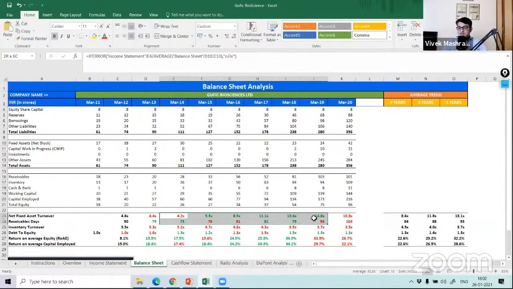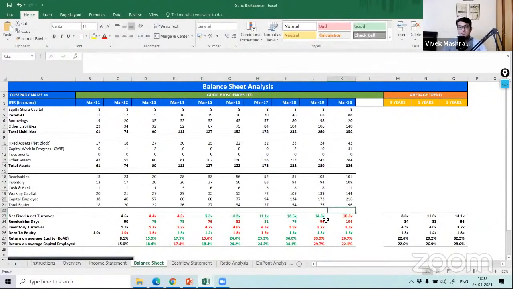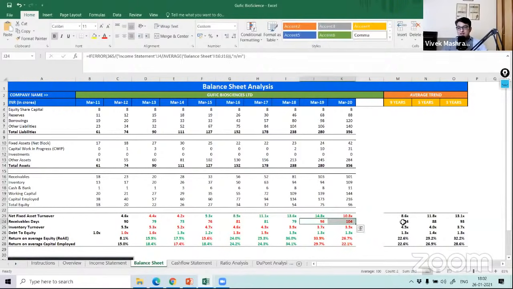The net fixed asset turnover is increasing. Again, ask why this trend is there, what they are doing special, whether they've gone into a new product or what they are doing. This should raise an alarm in your mind: I've kept the average over here, and that average was 84, 88 kind of numbers. Why has it shot up to 96, and now why is it 104? Why are the receivable days increasing? Ask whether they have changed the credit terms, whether the industry itself has become hyper competitive, or they have lost pricing power. Lot of questions to ask.